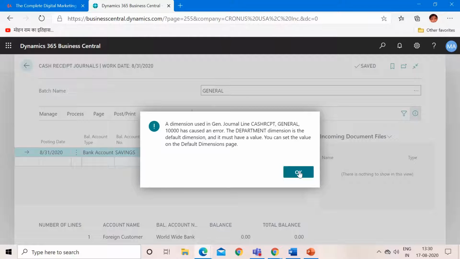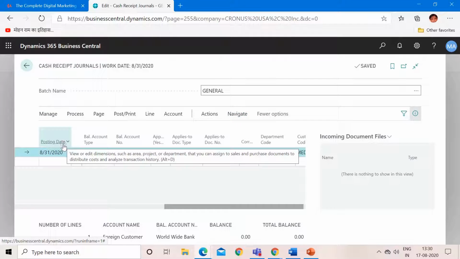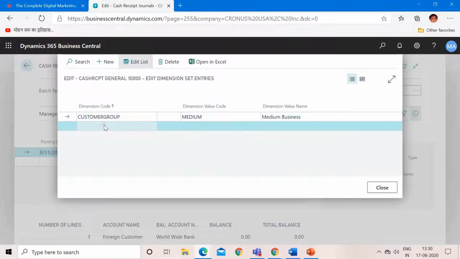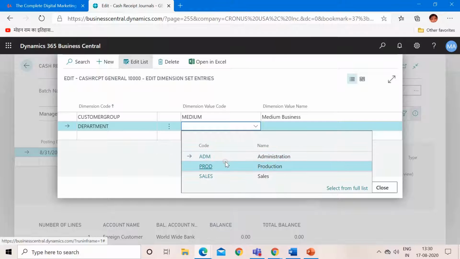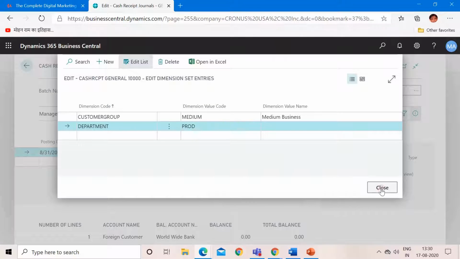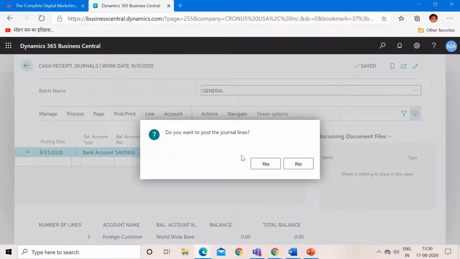Okay, now it is asking me to provide another dimension, so I'll click on dimension again and provide a dimension here as department, and let's say production department. Click on close. Now let us see the post results.